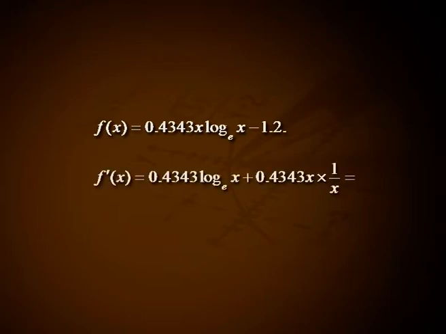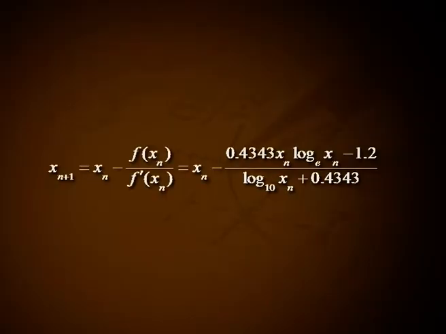f'(x) = 0.4343 log_e x + 0.4343 x times 1/x, that is log10 x + 0.4343, and hence the Newton's iterative formula for the given equation is x_{n+1} = x_n - f(x_n)/f'(x_n), that is equal to x_n - (0.4343 x_n log_e x_n - 1.2)/(log10 x_n +